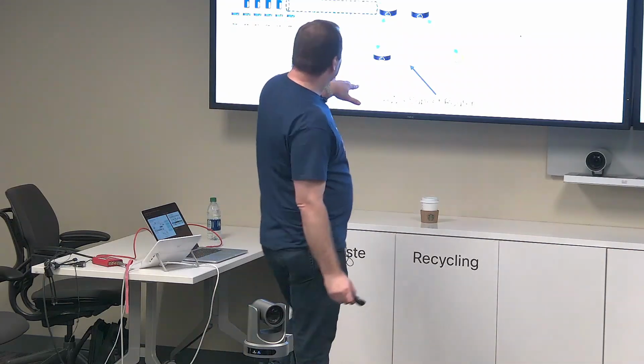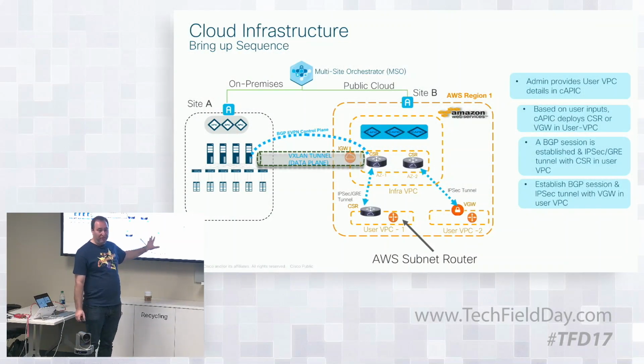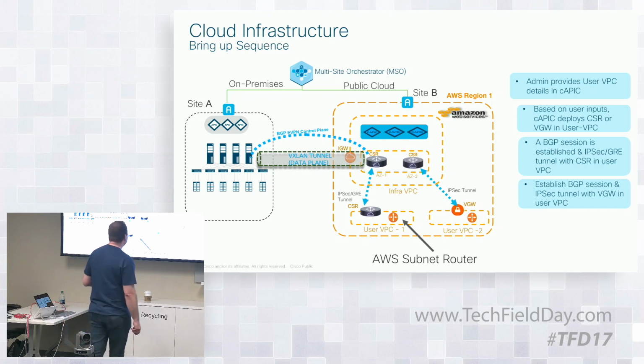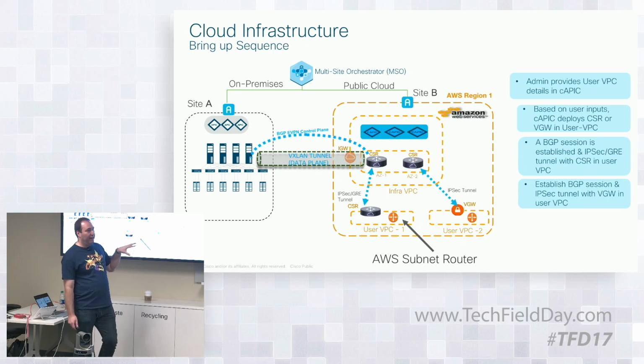The infra CSRs we're deploying, because that's your interconnection between your on-prem and the native cloud. Now, if there's no need for VPC2 here to ever talk to anything else, it's doing its own thing, it's QA or whatever, and never wants to connect back through this tunnel, we will not deploy a BGW or a CSR for it. I will cover how that works a little bit later. And again, the default is BGW. You get more capabilities with CSR, obviously, because it can do BGP, VPN, LISP, all types of interesting VPN connections.